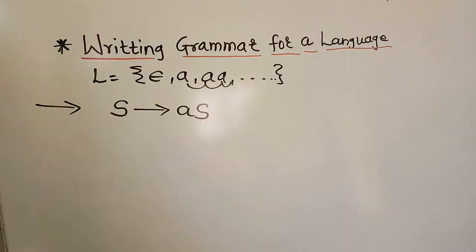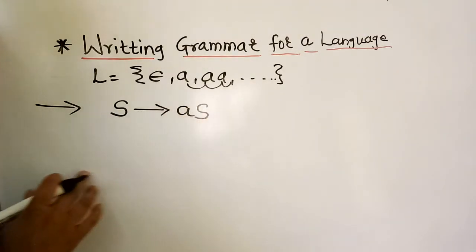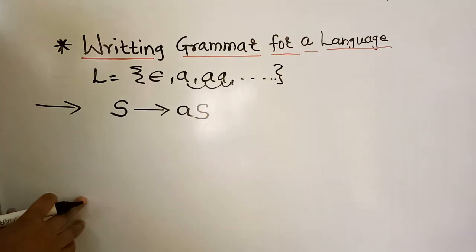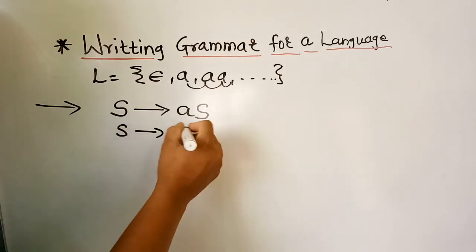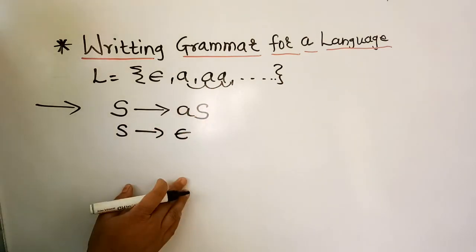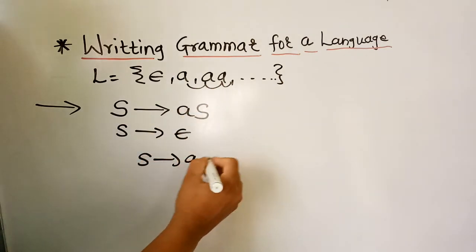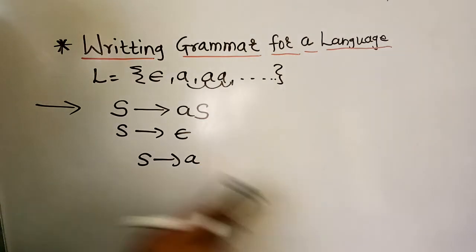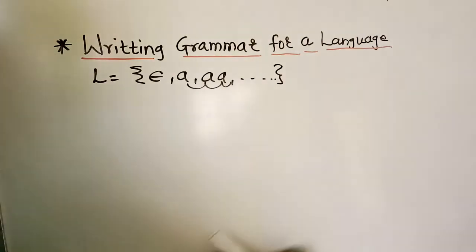Now how do we finally replace S from this production? Because we know that the yield of any grammar is a set of terminals, but S is a non-terminal. How do we avoid this, or how do we replace this in the production? For that, we take one more production, that is S gives epsilon. Epsilon means nothing. So when S gives AS, you can replace S by epsilon, and this is the production of this grammar. So this is how to apply recursive productions. These are the productions of the grammar for that language.